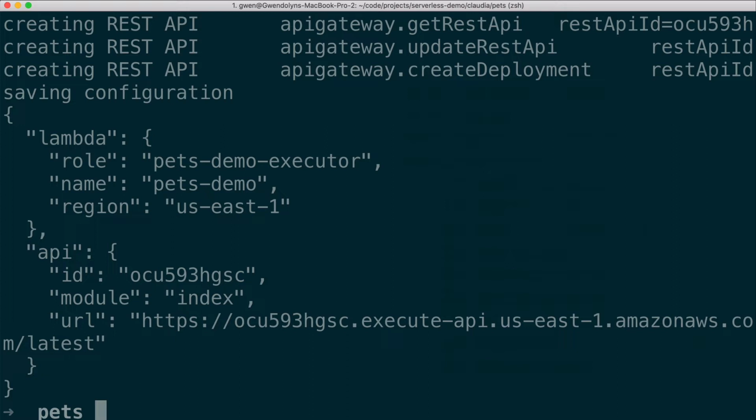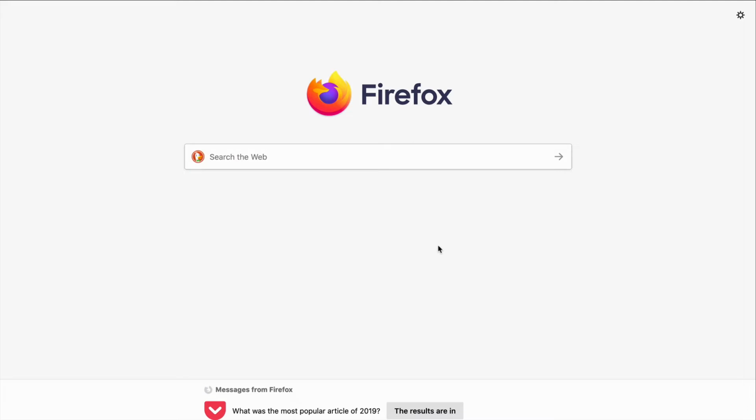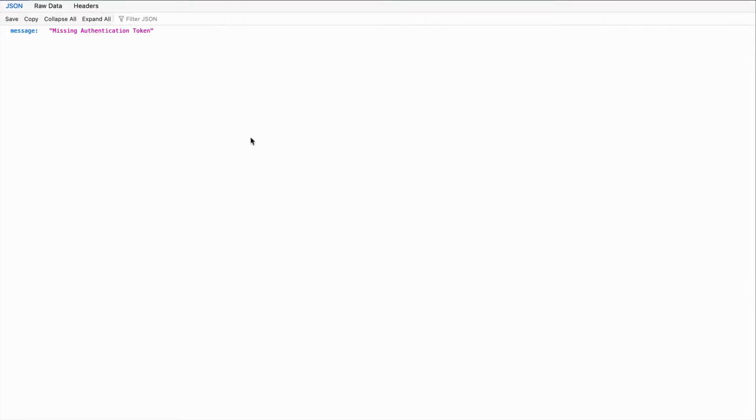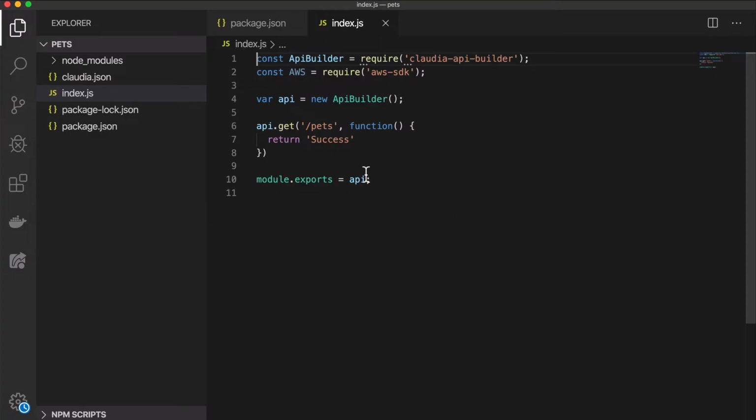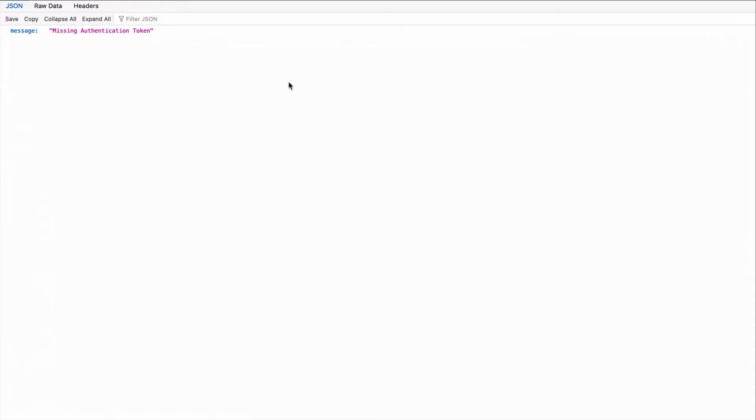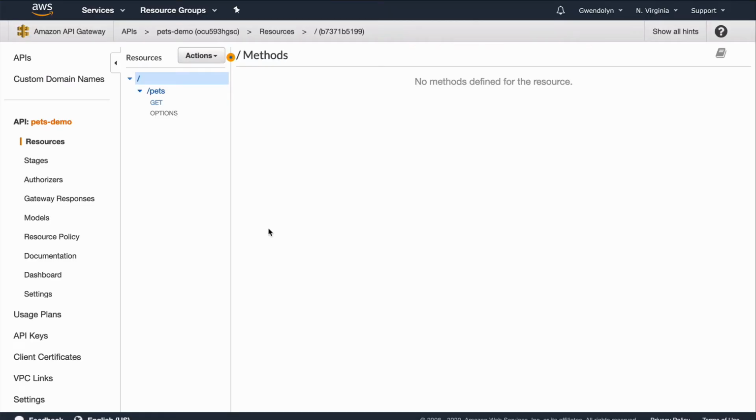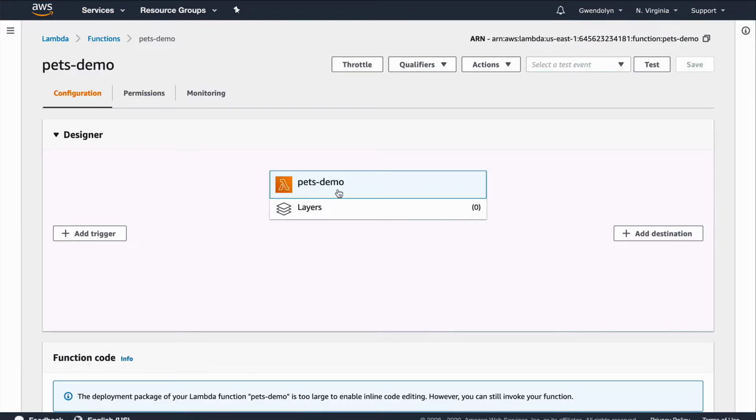Now that my resources have been successfully deployed, I can grab this URL, paste it in my browser, hit enter, and I receive a message saying missing authentication token. I am getting this error because I need to attach a valid endpoint to the URL that API Gateway has created. Back in my browser, I'm going to add /pets, hit enter, and now I receive a success message. I can also see that my pets demo API was successfully created in Amazon API Gateway, as well as the matching Lambda function